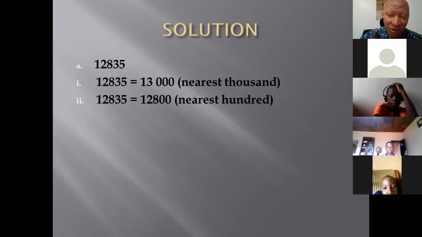And you notice that once that becomes 0, if the tens place is not up to 5, then we don't need the unit place. So every other number becomes 0 by default, because the next number we need to go to at the 100 place is not up to 5. So we have 12,800. That is to the nearest 100. And then to the nearest 10,